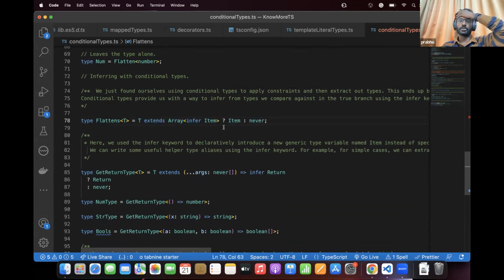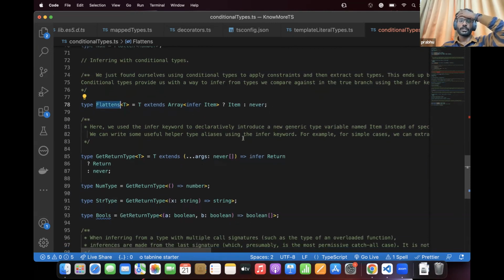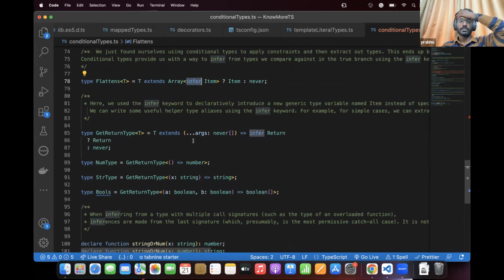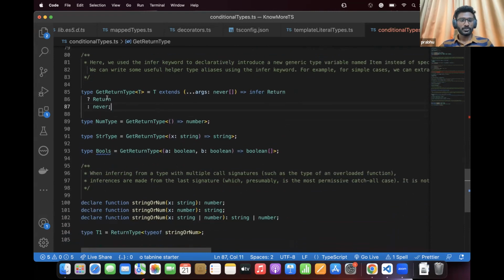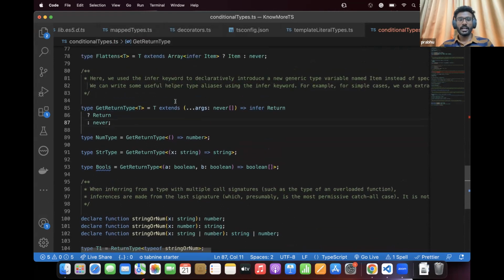So basically, we are defining this type to extract out the element type of an array. So you can use this infer keyword inside a true branch of a conditional type. So you can use it, for example, like this as well. Get return type of a function. So suppose we have a function and we want to get out the return type of that function. We want to get it. So now we can use this